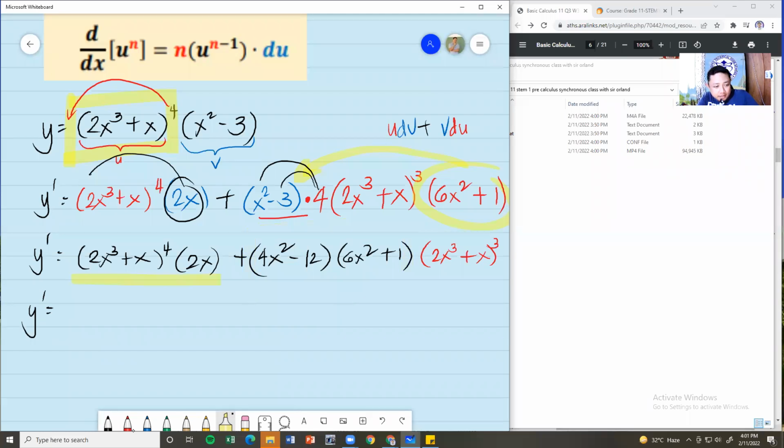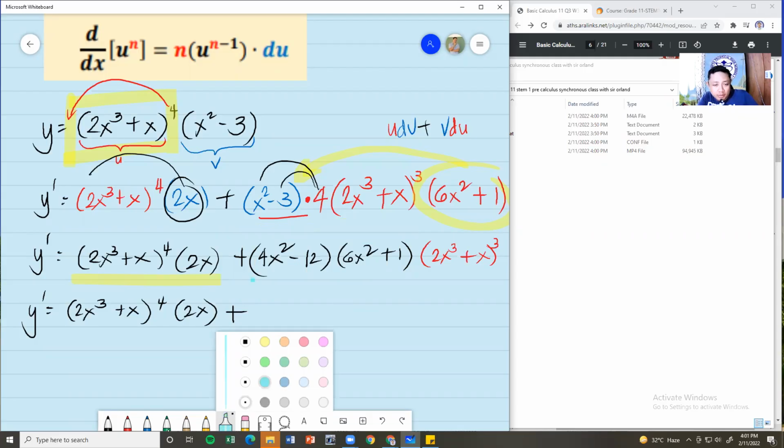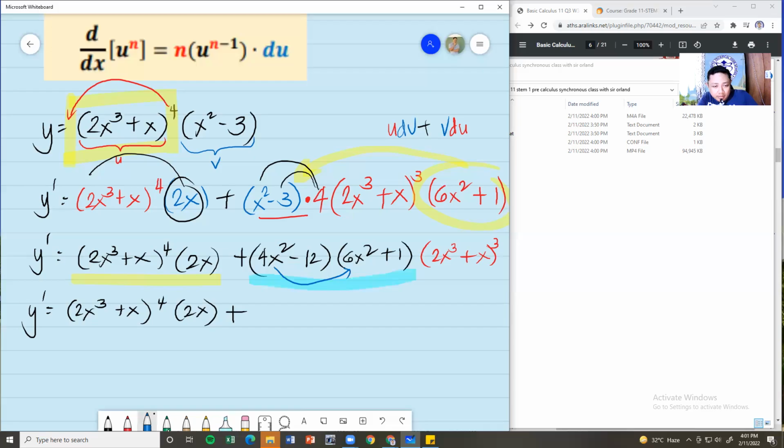Copy this. It will become (2x cubed plus x raised to 4) times (2x plus...). This is what we will be multiplying. So, multiply that. FOIL method. 6, 12, 18, 24. 24